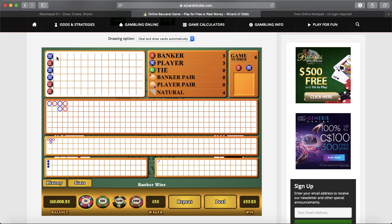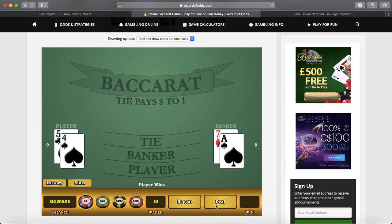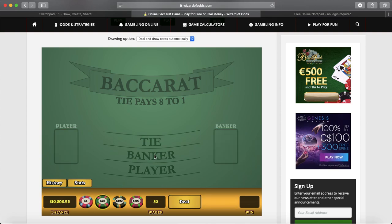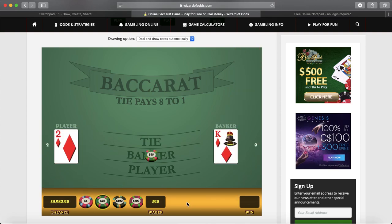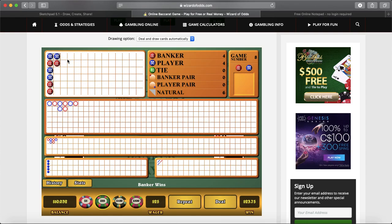So let's take a free hand up here, and then we'll bet banker. Okay, so we won that. Now, once you're done with both sequences, that's it. See how much money you made? I made $32. Once you're done with both sequences, you wait for the column to finish before you start